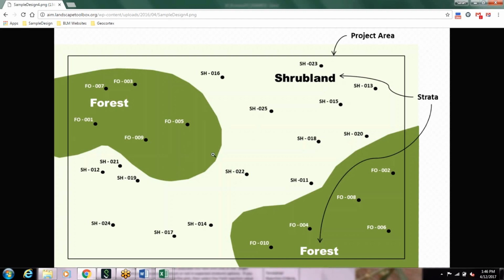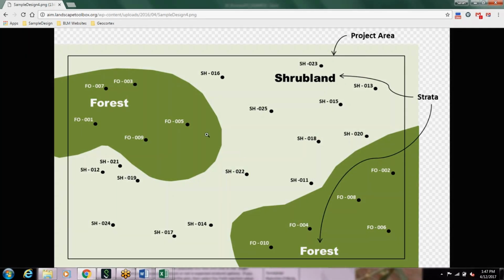The other general rule is that you should be, throughout the season, keeping track of the proportion of plots in each strata and trying to mirror that. So if 50% of your plots are in one strata, as you're going throughout the season, you really should be trying to hit 50% of your plots in that strata. So that's a lot,